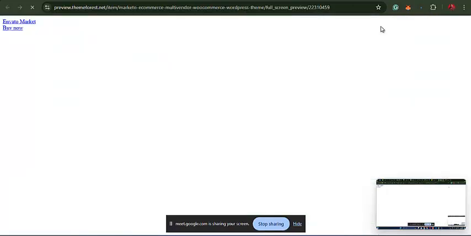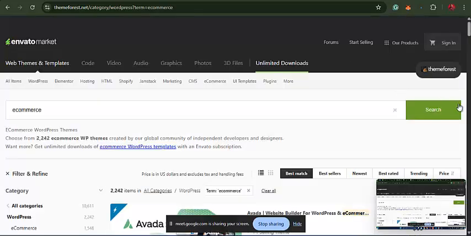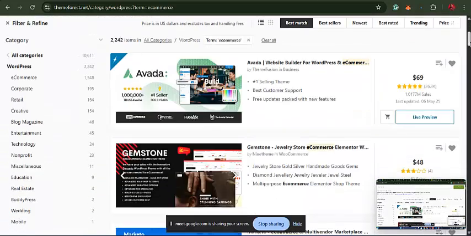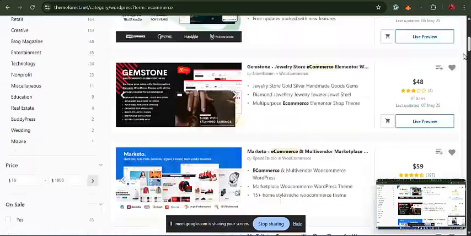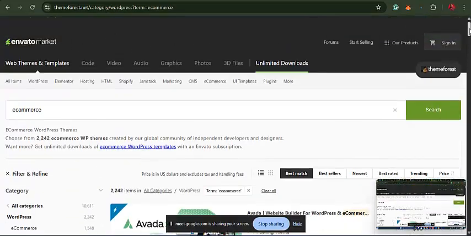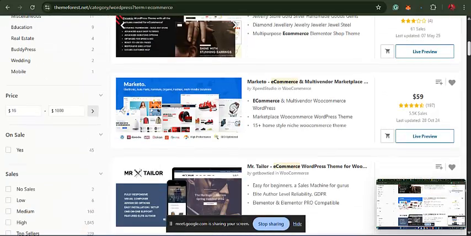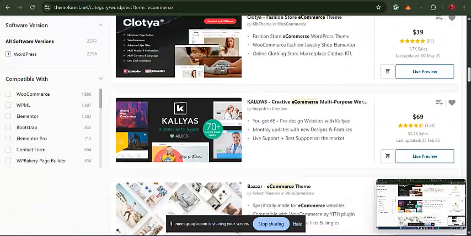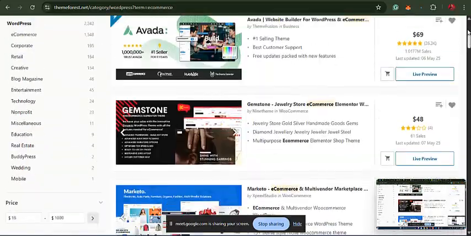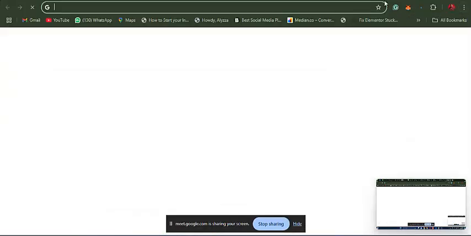But let's say you don't want to make any expenses. Alright, so this is something many people don't know. So sometimes we try to keep it to ourselves. But the thing is that you can actually save a lot of money. So there's a website where you can get most of these paid templates and plugins for free. So the website is